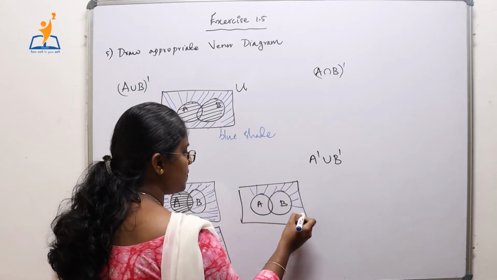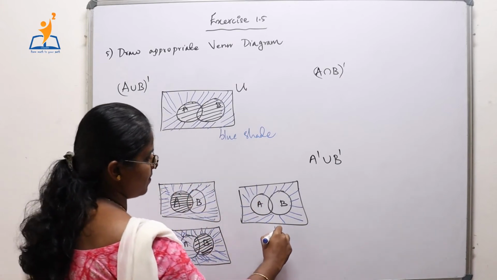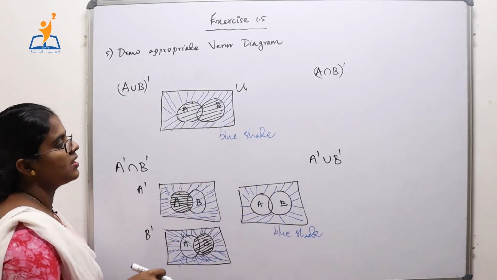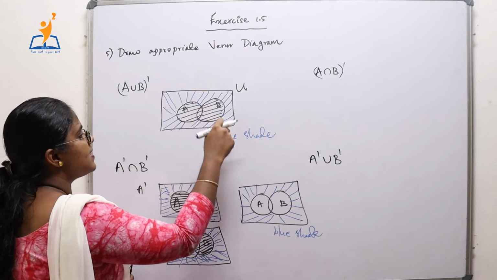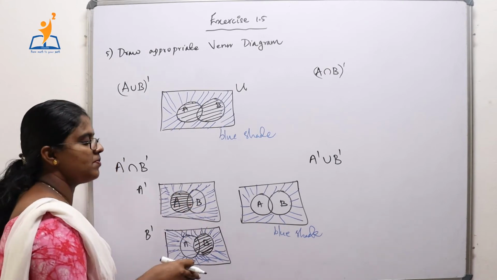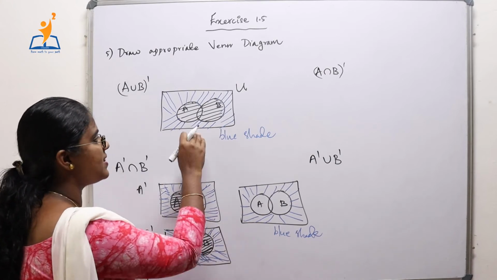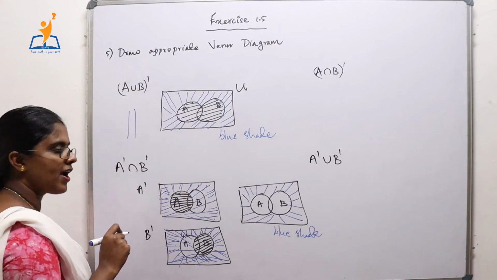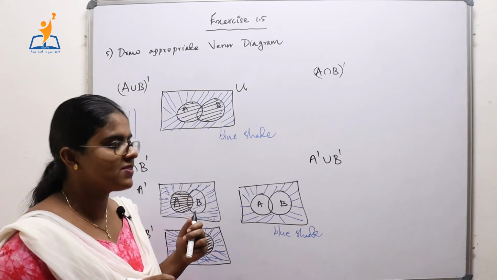So this blue shaded region is A complement intersection B complement. And look at these two pictures. Here A union B whole complement is the region shaded outside the circles with blue, and here also A complement intersection B complement is the blue shade outside both of these circles. So this diagram and this diagram are the same. So we can prove that A union B the whole complement is equal to A complement intersection B complement using the Venn diagram itself. That's the first De Morgan's law.